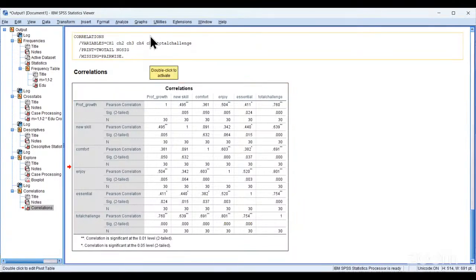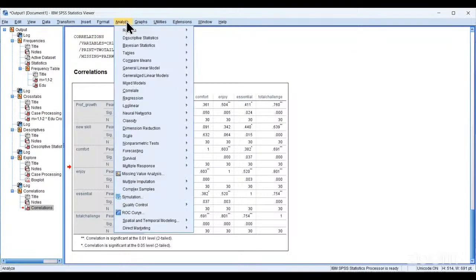Now then I am showing the last one. That is, again, I am showing